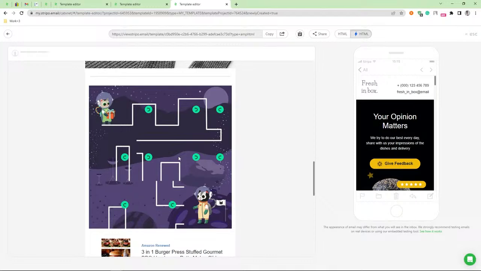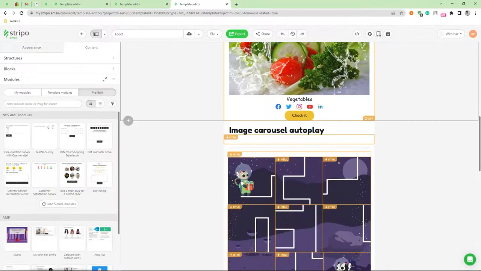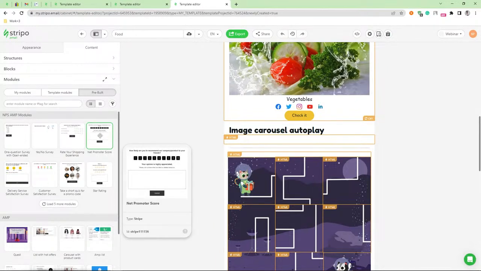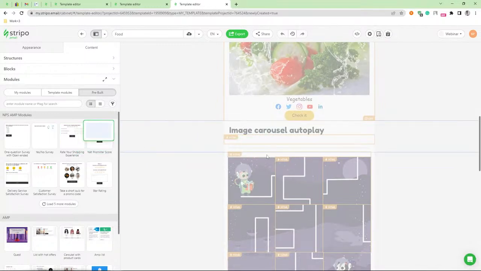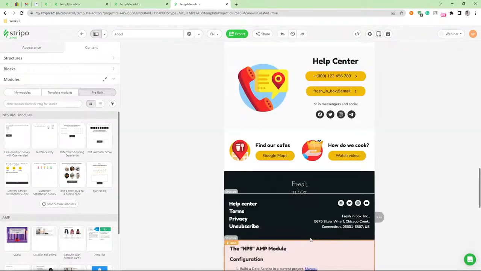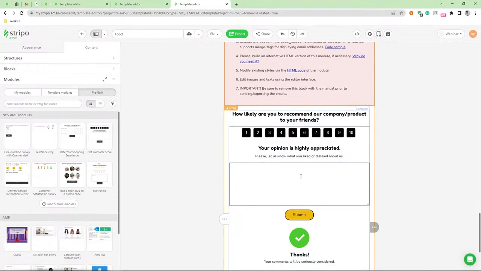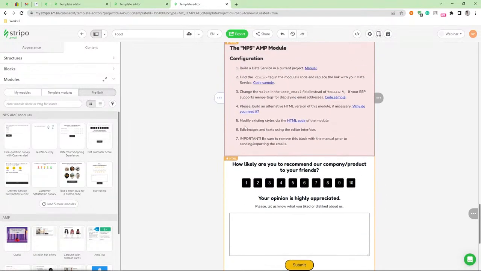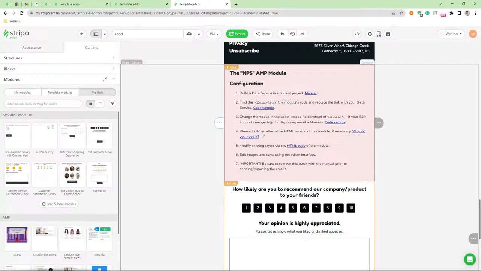And also, using AMP modules, you can add a feedback form where your customers can leave comments and suggestions. So here you can see an example of one of the feedback forms. Let's drag and drop it into the template. At the bottom of the template, I think it will be perfect. So here you can see the feedback form, and also here you can see tips